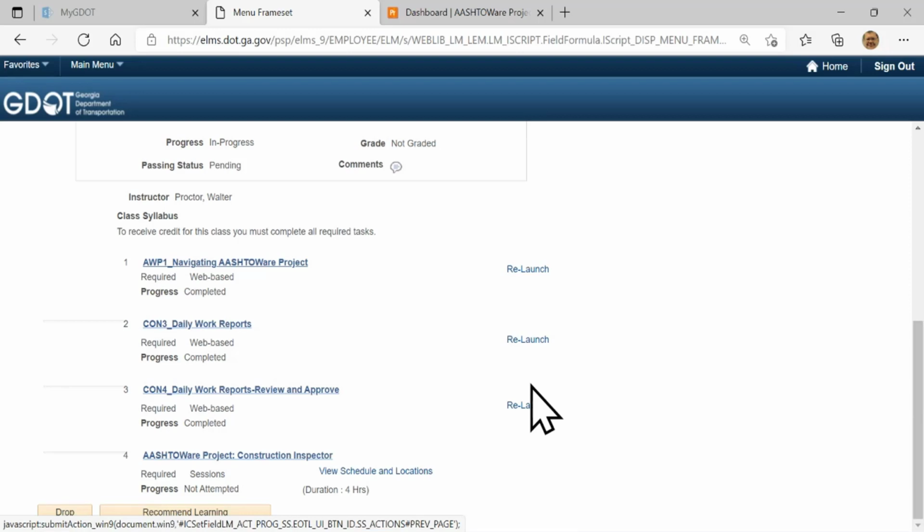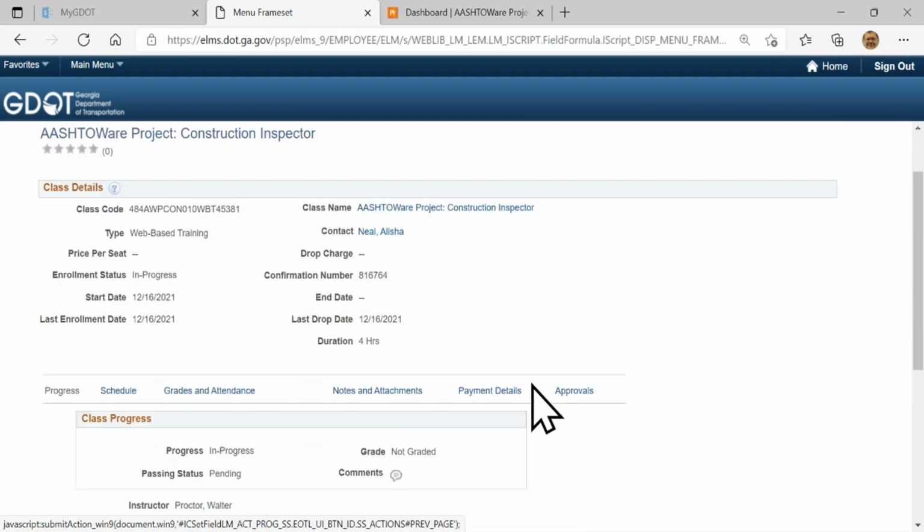And that's mainly what you want to understand as a construction inspector. Now you'll be able to move through Astor Project and navigate through the tools that are all available on there. You can create your DWRs, put in your information and include the necessary information. And of course, once you've finished with your DWRs, you know how to submit them for approval so your managers can review them, and then, keeping our fingers crossed, hopefully send back all those approvals, as well as notes if something gets rejected, so you can make the changes. But that covered everything that we wanted to be aware of here as the construction inspector training.